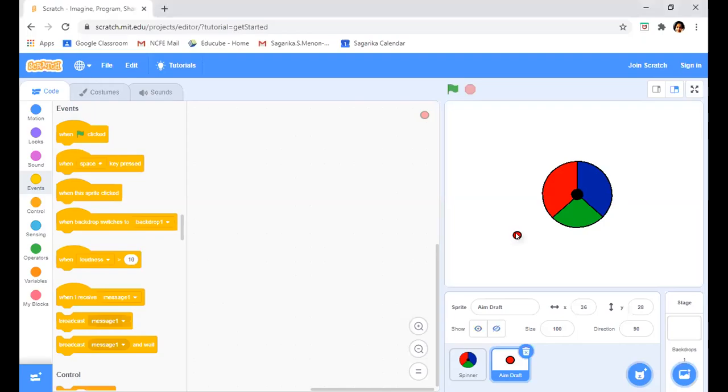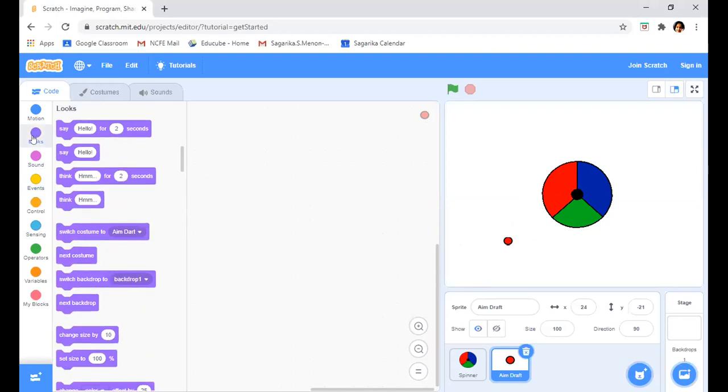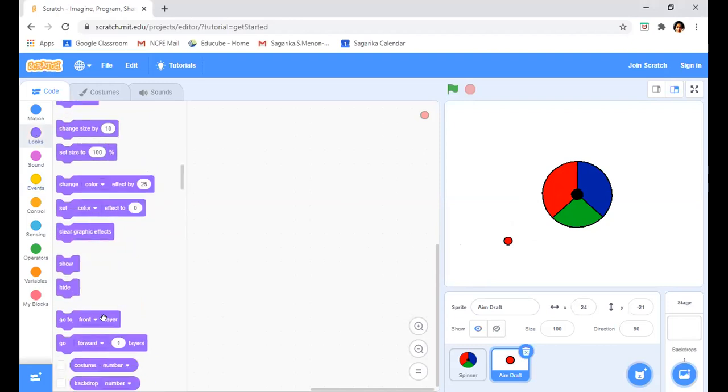Okay, let's start coding. Now we'll start coding for the red dot. The very first thing when the program starts, we are going to hide this particular ball. So we'll go to looks and say hide.